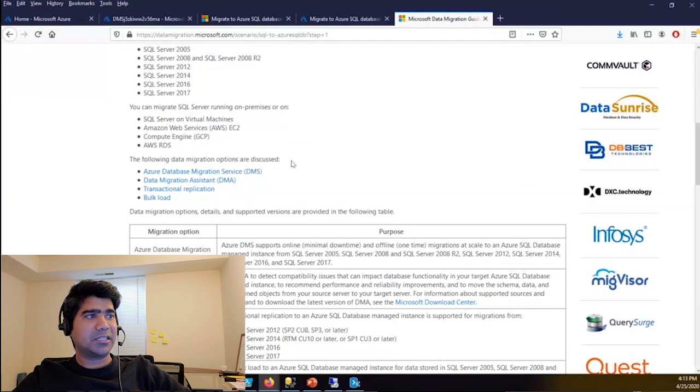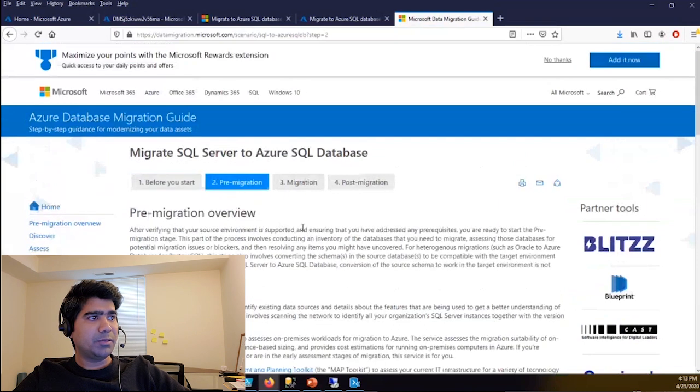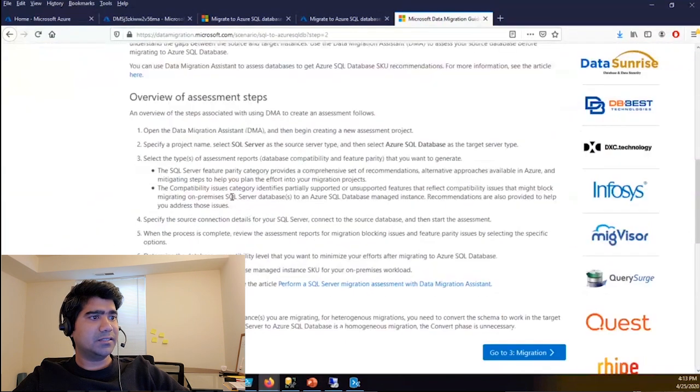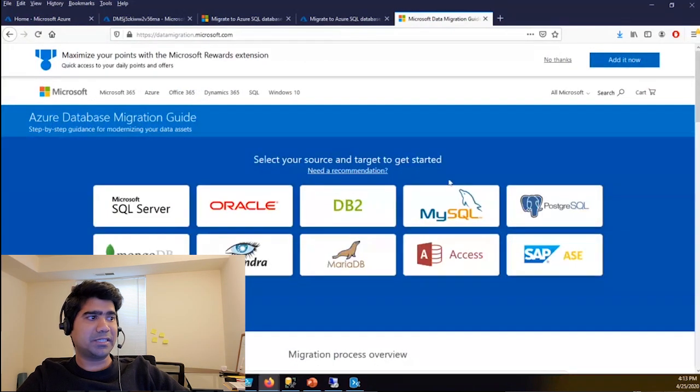The following data migration options are discussed: one is DMS, Database Migration Service, Data Migration Assistant, Transactional Replication, Bulk Load. Okay. And then you go to pre-migration, discovery and assessment. It will ask you to go to the Data Migration Assistant tool. So same thing that we performed just now. So this is a very important and very helpful website. You can use this for any migration.